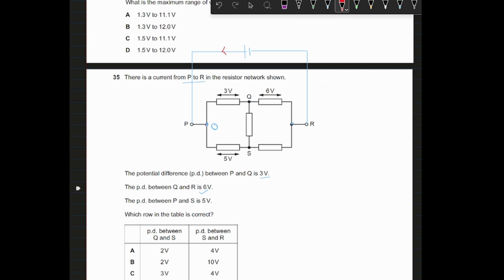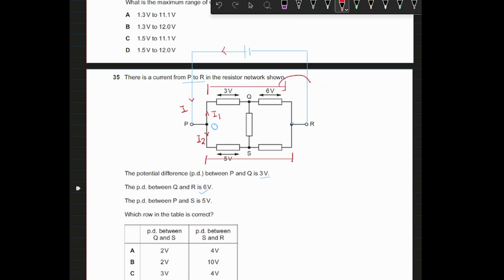Then, when we mark the flow of current, we will find that there is a junction. When current reaches a junction, by Kirchhoff's first law, the current will split. One part of the current will go here, let's say I1, and let's suppose I is the total current. Another part of the current, I2, flows through this part. In series the same current flows, whereas in a parallel combination the current flows differently in different paths. So this side and this side are in parallel to each other.